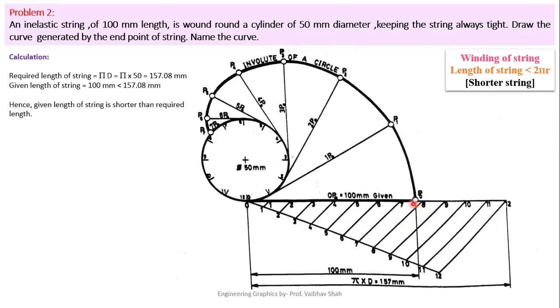That means that our example will end between the 7 and 8 point on this circle here. So always remember, the end point of your string of the given length 100 mm is in between 7 and 8, which suggests that your actual example will end somewhere here in between 7 and 8. So you need not draw tangents for these points 8, 9, 10, 11 and 12 because it will not be a part of our required drawing.